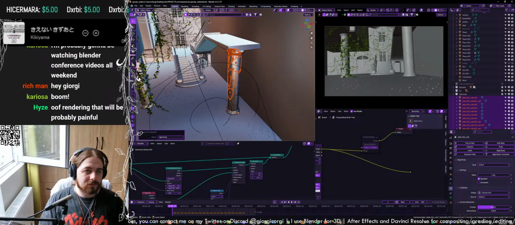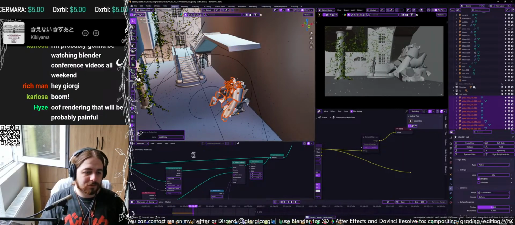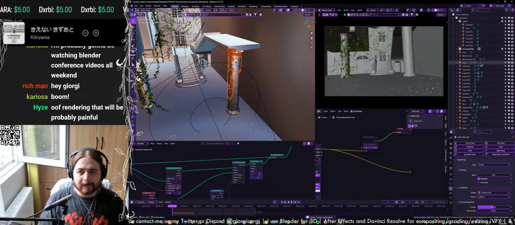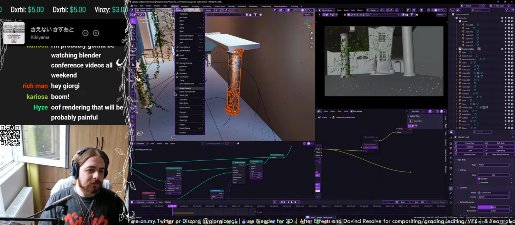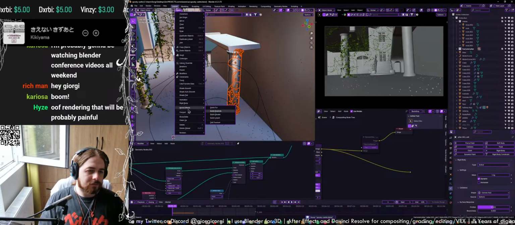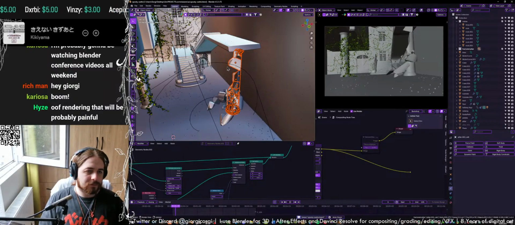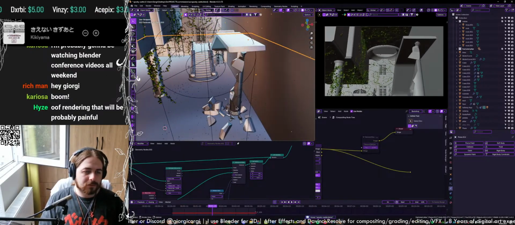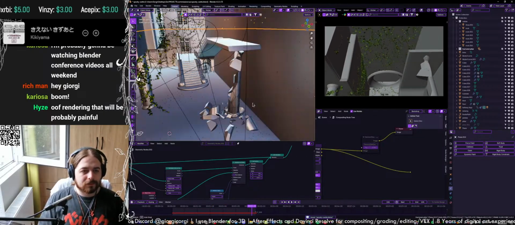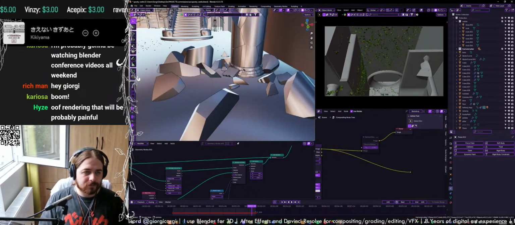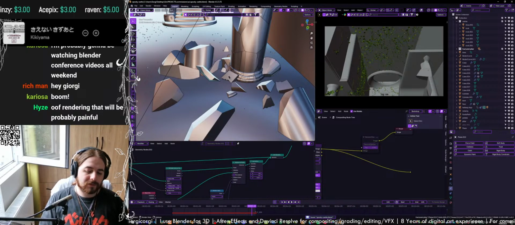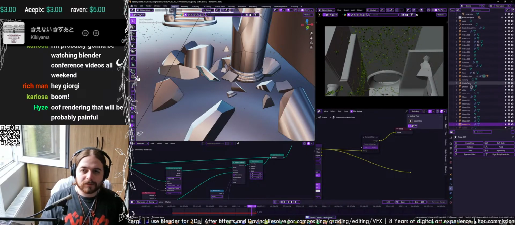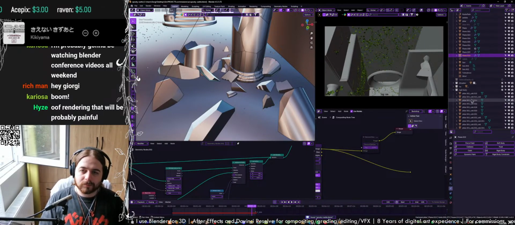So let's do that. We're just gonna repeat the same process. Okay, so that's good. I think that's pretty much it. And then if I just apply this and make it static, I can then move it around